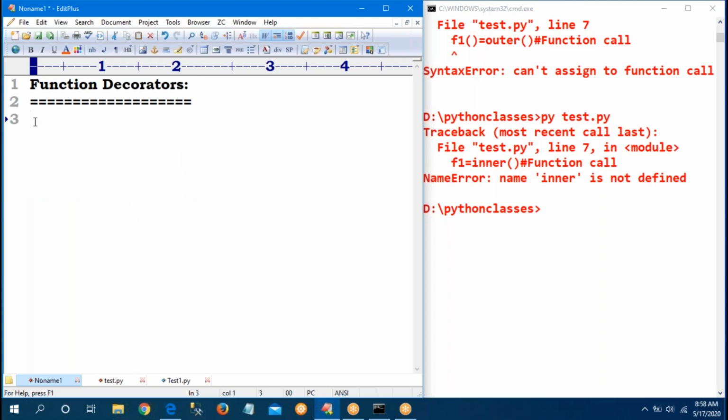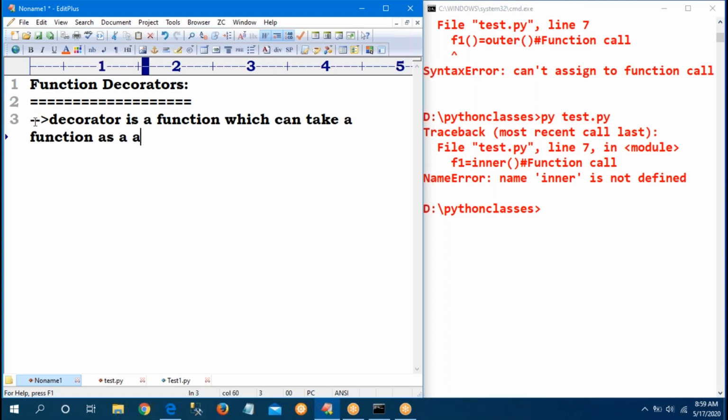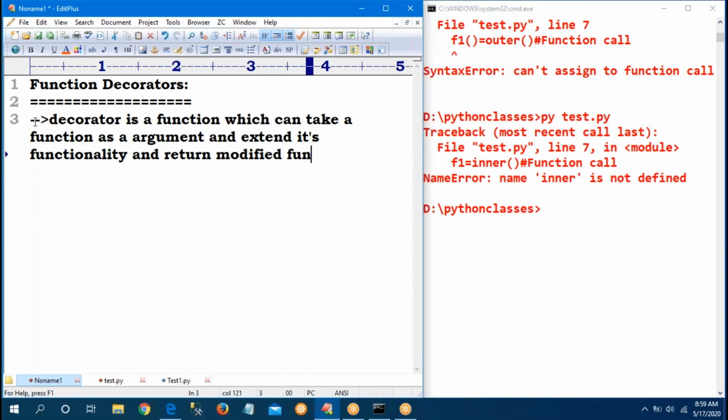So what is a decorator? A decorator is a function which can take a function as an argument, extend its functionality, and return a modified function with extended functionality.